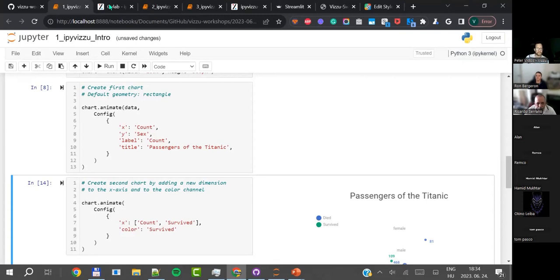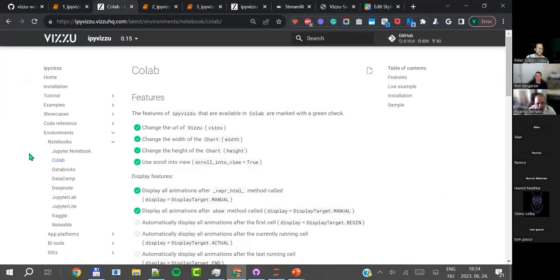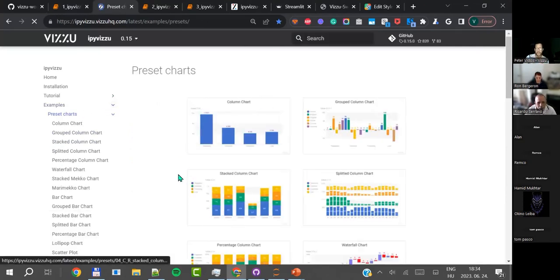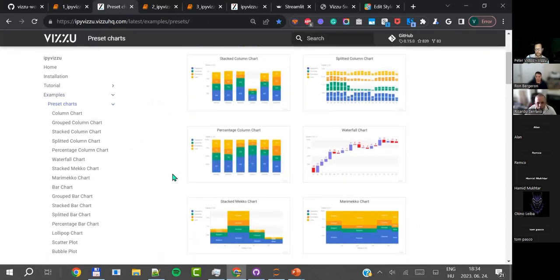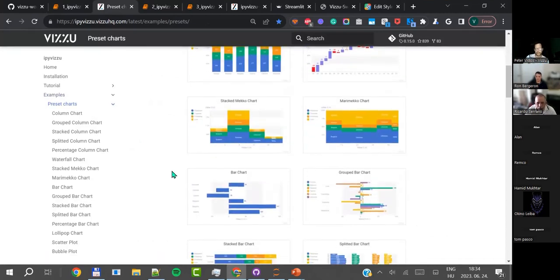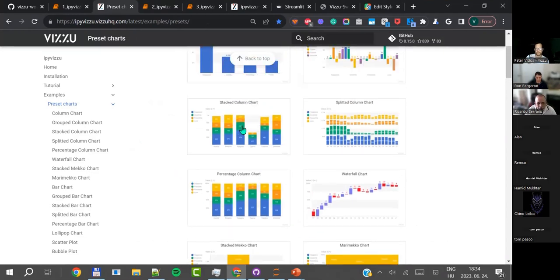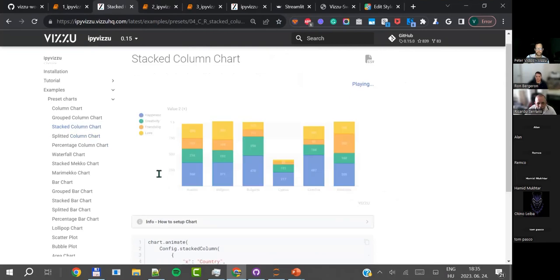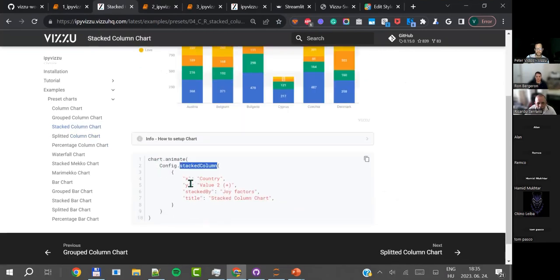So in order to help people use it and address this issue, we created preset charts, meaning that you have the option now, after we released this in IPyVizzu, to create, for example, a stacked column chart in the way that, in the configuration part, you specifically say that it's going to be a stacked column chart.